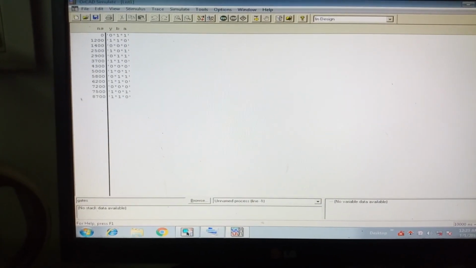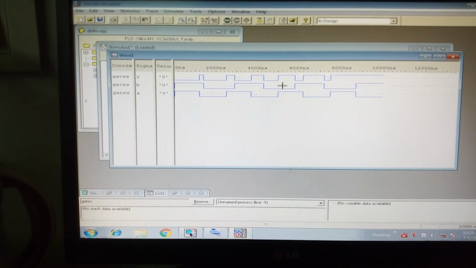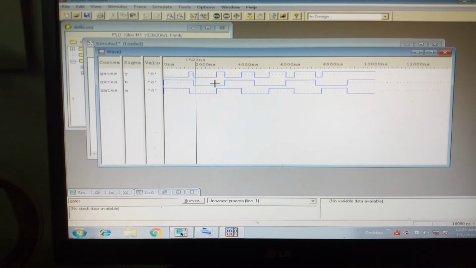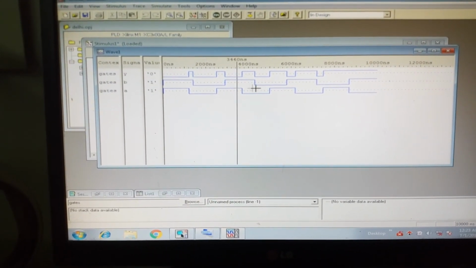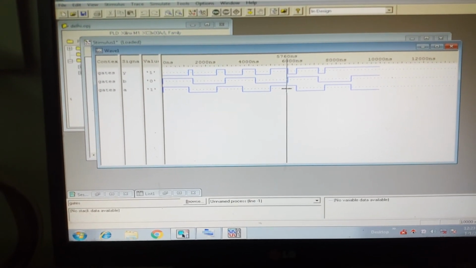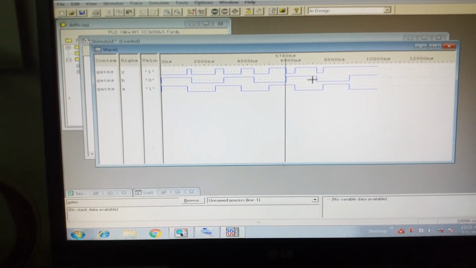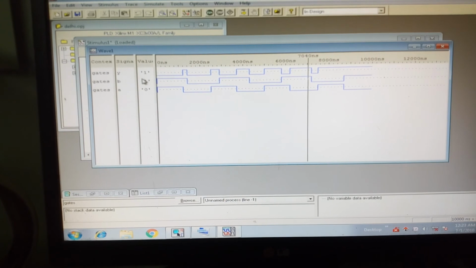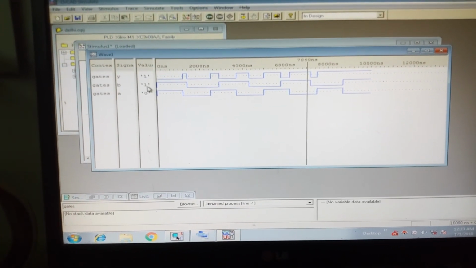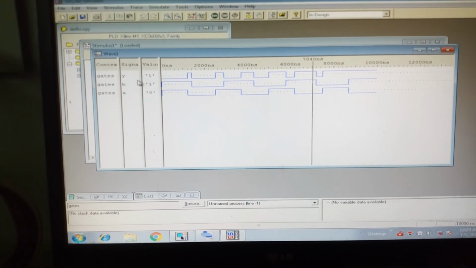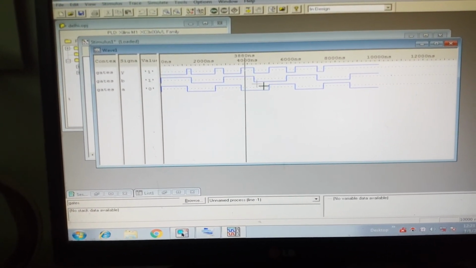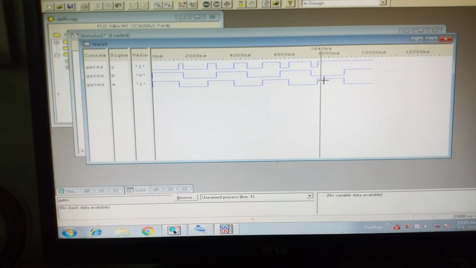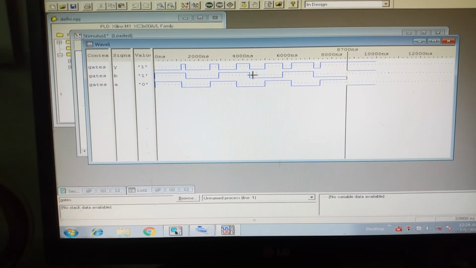You minimize this circuit and you will find a waveform. You click on the waveform wherever it may be, and you can see the value changing at each and every output. You can verify the gates here, one by one. You can see the A and B inputs for each and every gate. Like this you can simulate any sort of circuit.